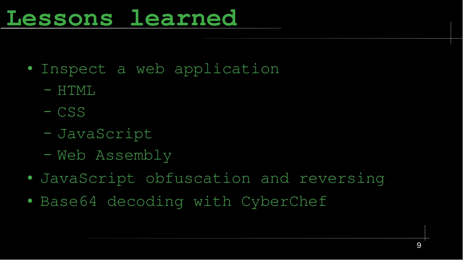CSS is used to describe the presentation of an HTML document and controls layout, colors, and fonts. JavaScript makes a web application interactive by triggering functions that change what is displayed on the screen when the user interacts with it. WebAssembly is a low-level binary format that allows near-native performance for web applications written in various